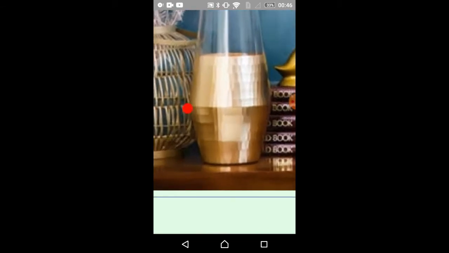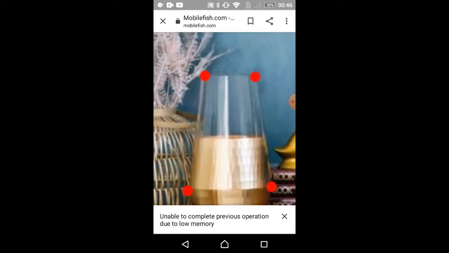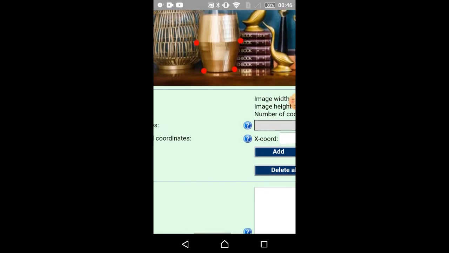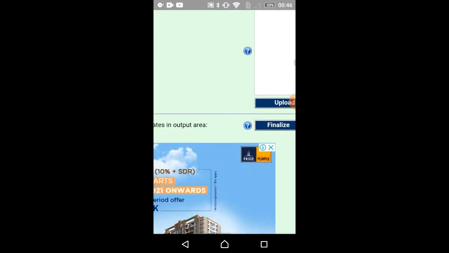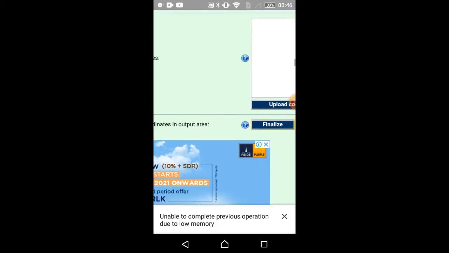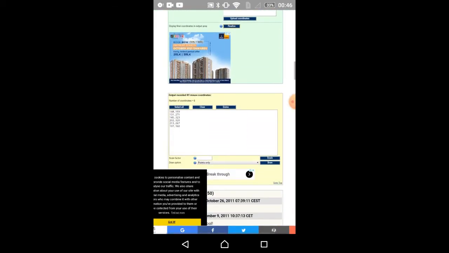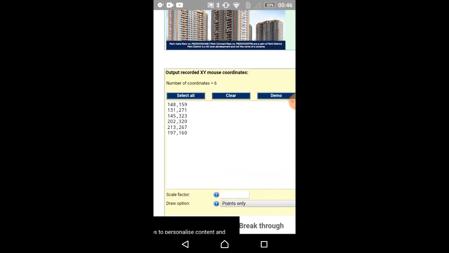Put a dot on all the corners of the shape. After that, just go down and click on finalize, zoom out and write all the coordinates of the polygon.